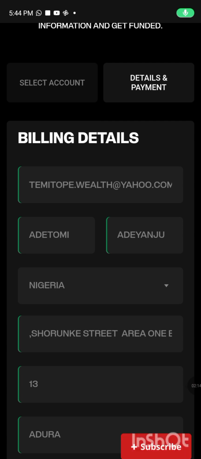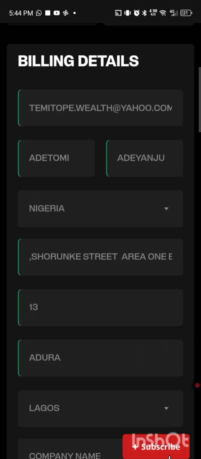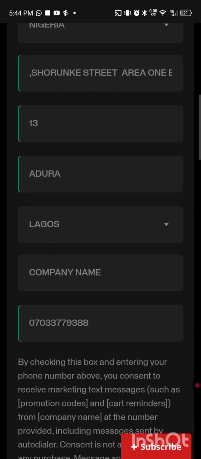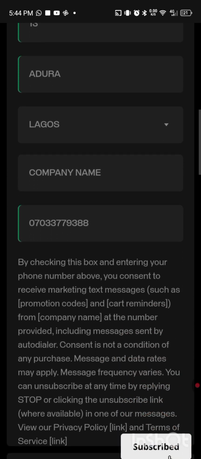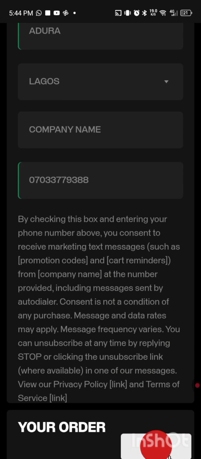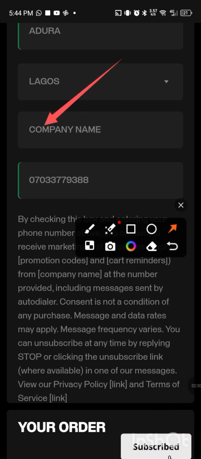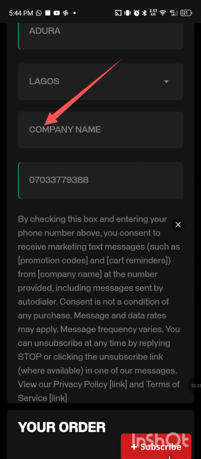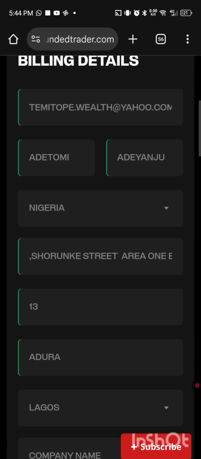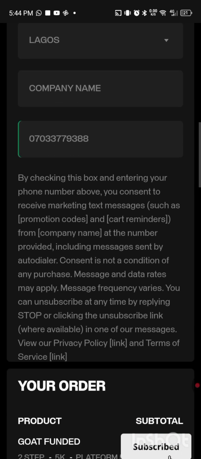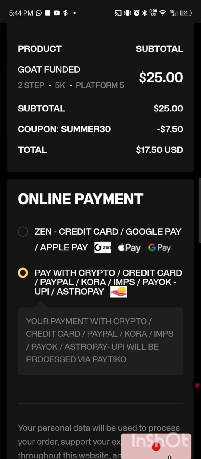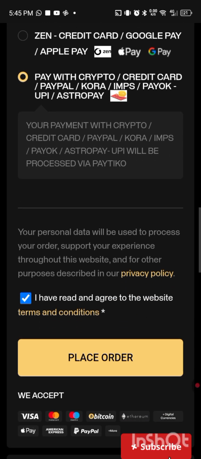Alright, all information has been filled in the billing details: the email address, the name, the house address, Lagos State, and when it comes to the company name, please kindly ignore it. Put your phone number. When all information has been filled correctly, make sure you click on pay with crypto, then confirm